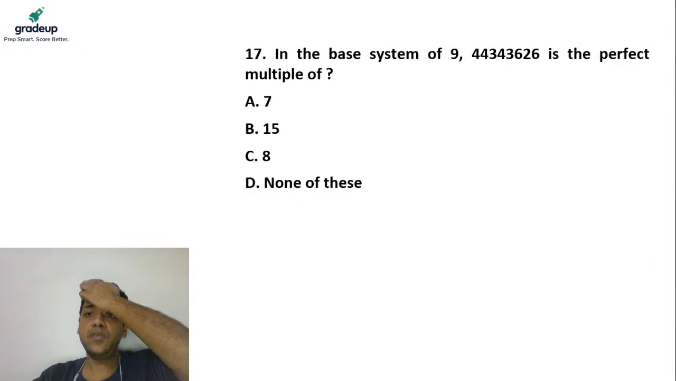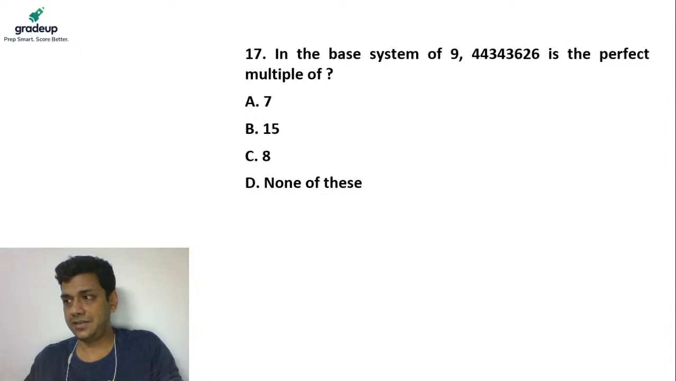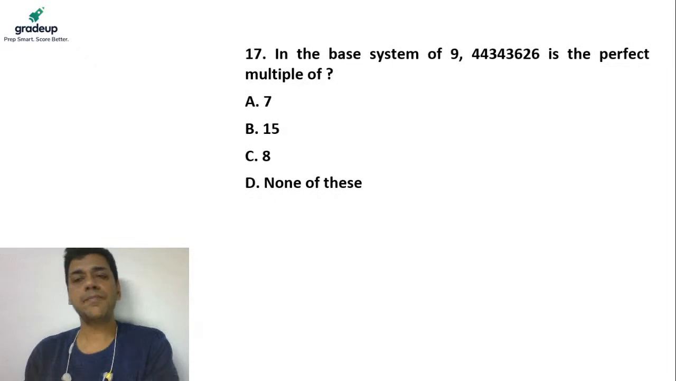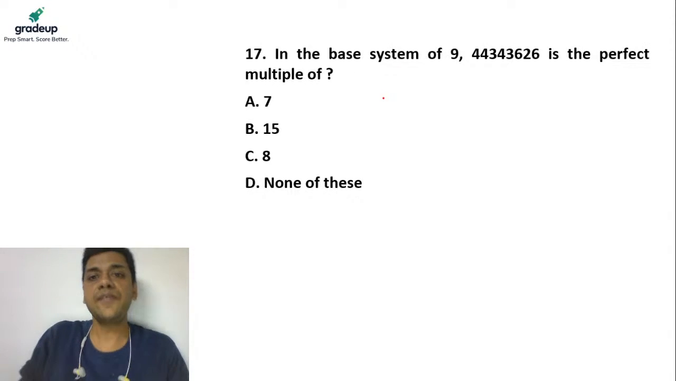What's the divisibility rule for 9 in base 10? The divisibility rule for 9 in base 10 is basically the sum of the digits. If the sum of the digits of a number is divisible by 9, then the number is divisible by 9. Now this is the rule which is not only in base 10; in each and every base there is a very similar rule. So in base 9,